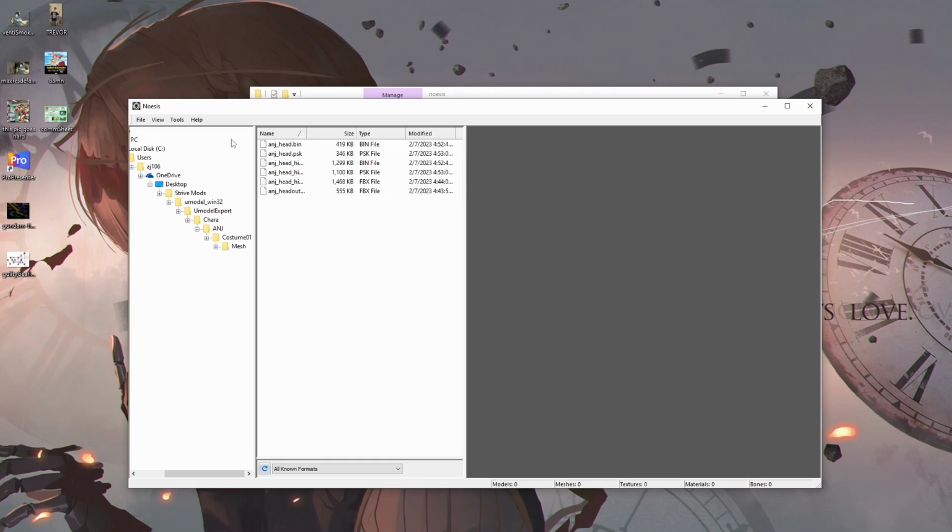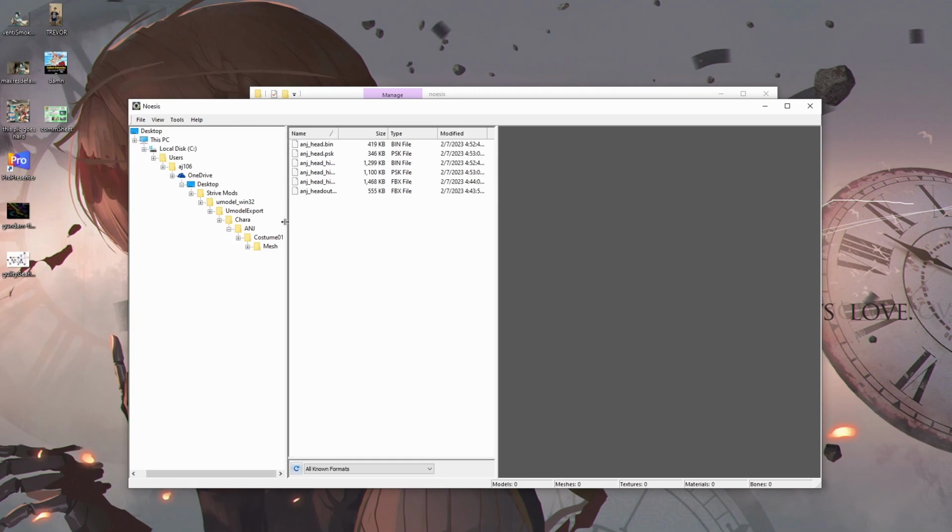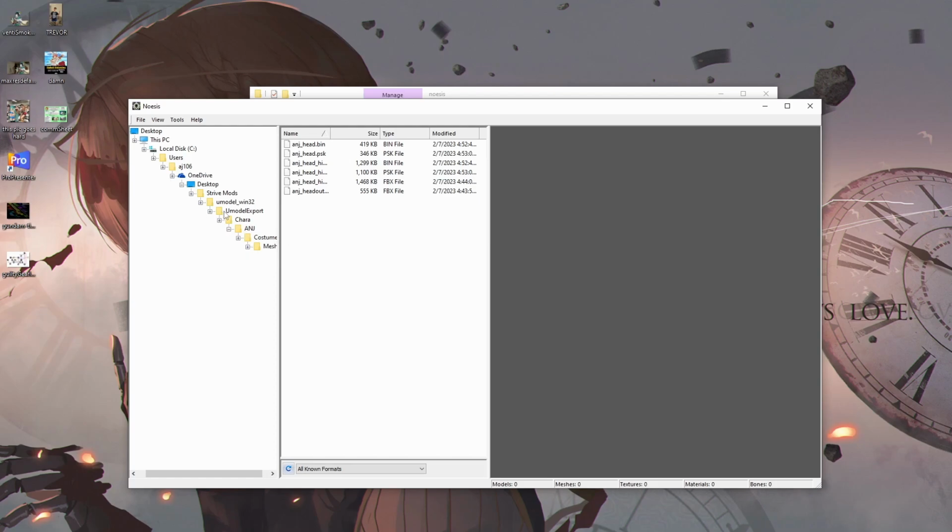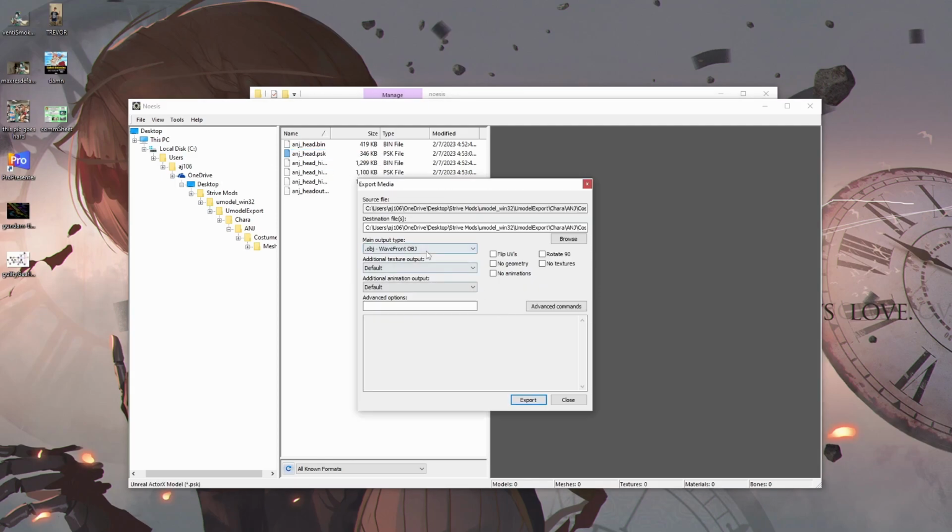When you open Noesis, you're going to be greeted with a file browser, and you're going to want to use that to navigate down the file path to wherever you have saved the models. In this case, it's saved in the UModel export folder in the same file path that it's found in the game. What you're going to want to do is take these Anji head PSKs that you've found, select Autodesk FBX when exporting, and you're going to want to type FBX new export